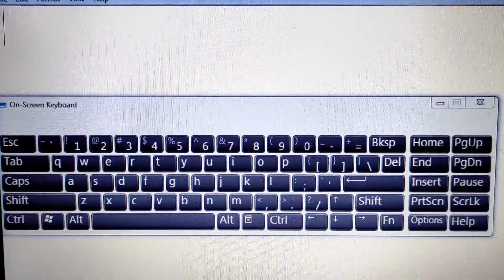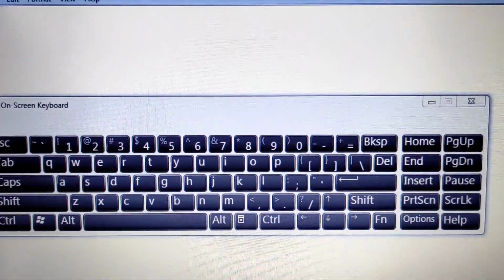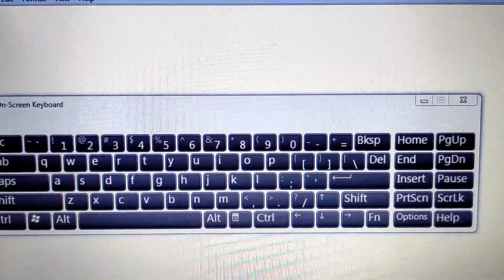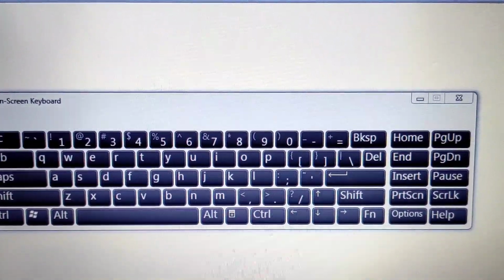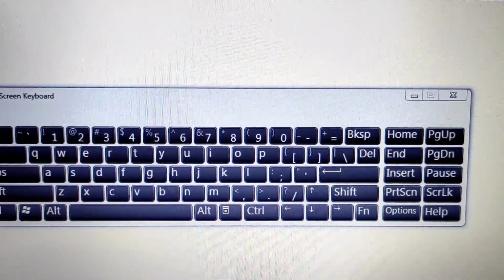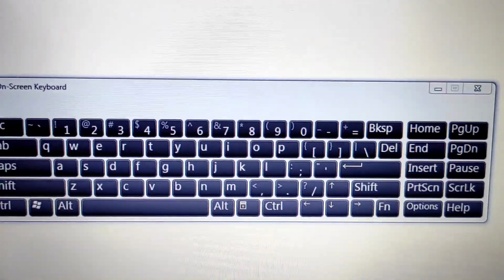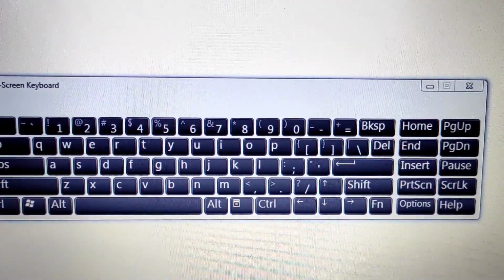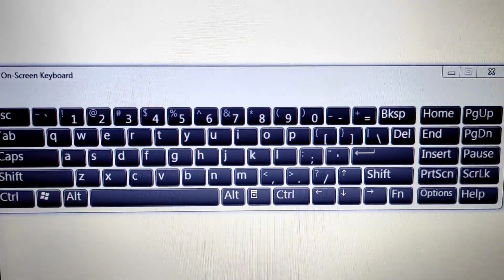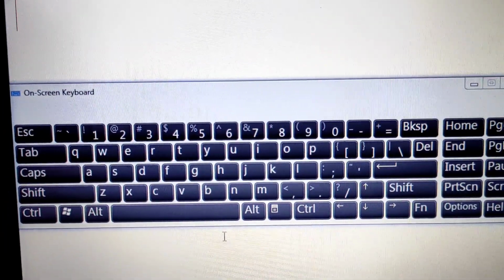So first we will see space bar key. The space bar key is the longest key on the keyboard. The space bar key is used to insert blank spaces in between 2 words. For example, to type suppose keep smiling, first we will type keep, then we will press space bar, then we will type smiling. So please focus on the screen.